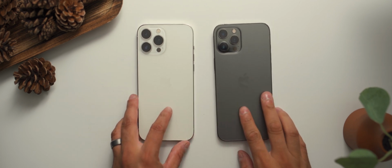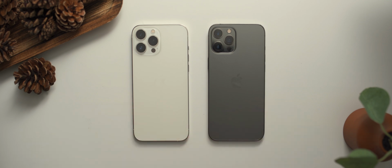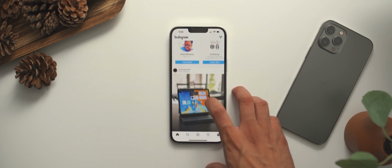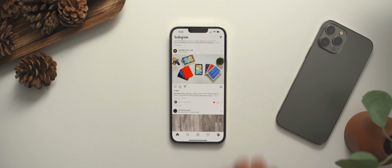But all right, so really early impressions on this guy here. This guy is still big. And if you're coming from anything smaller than the 13 Pro Max from last year, then you're definitely in for a treat. The iPhone 13 Pro Max is a big device, it's coming in roughly about the same size as last year, just a tad bit heavier, like I'm sure all of us can relate to. But it's understandable. It's rocking the new Pro Motion display, which I can confirm is really buttery. And it should conserve battery as it is an adaptive display. So it goes anywhere from 10 Hertz all the way up to 120 Hertz,